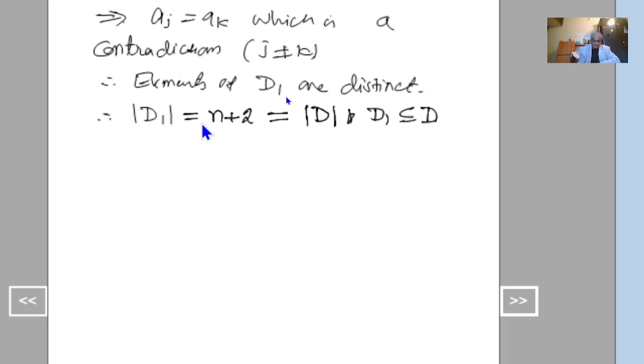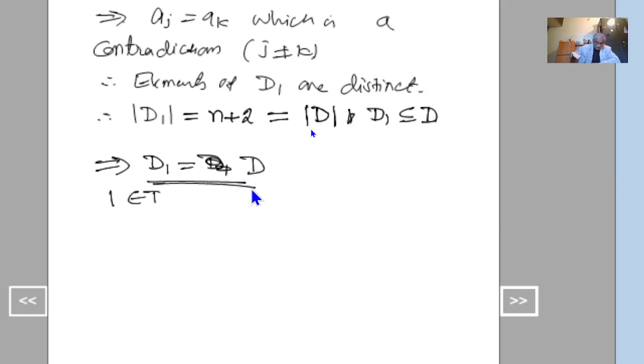and we have already D1 is a subset of D. One is a subset of the other, and these two have the same number of elements, implies D1 must be equal to D. Okay. So these two are same here. Therefore, the elements are same here. Any element belonging to D must also belong to D1. Now here we have 1 belongs to D, implies 1 also belongs to D1.